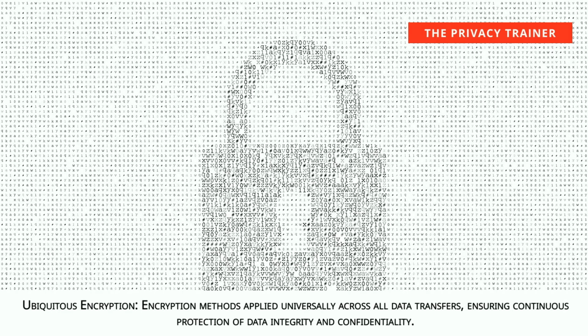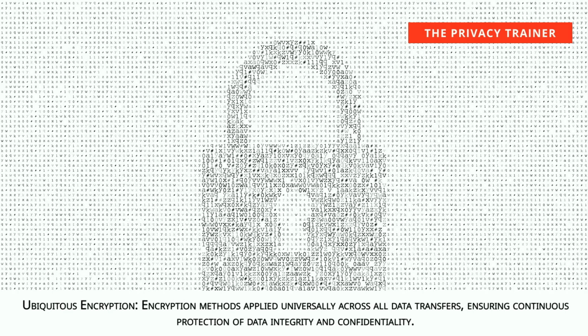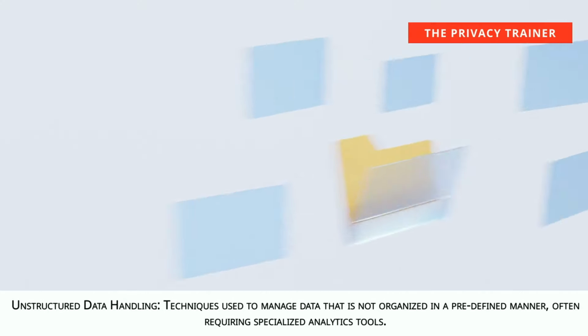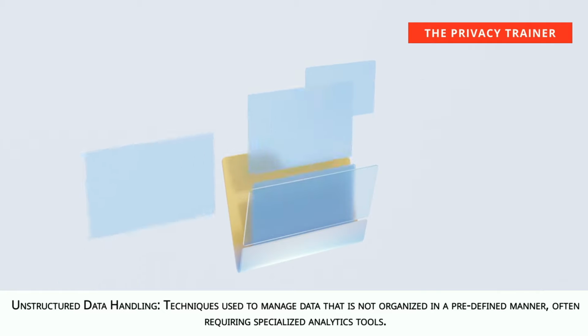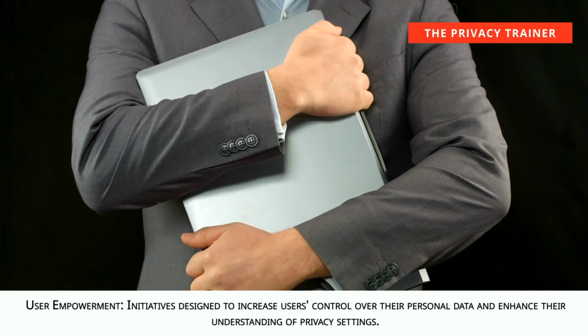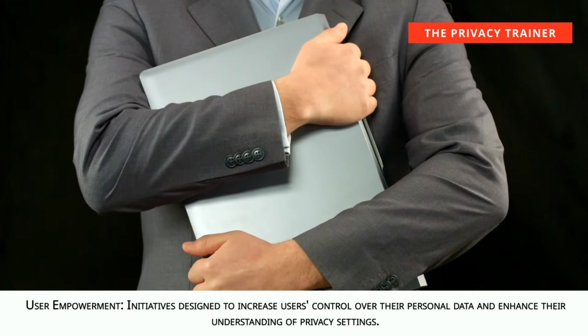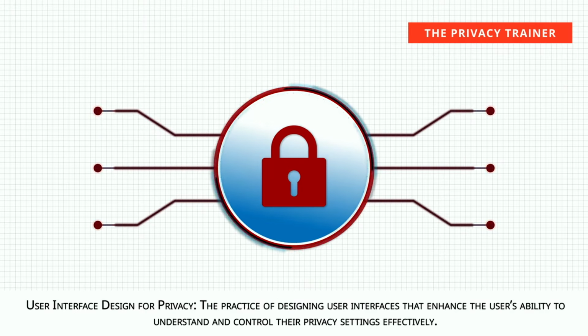Ubiquitous encryption, encryption methods applied universally across all data transfers, ensuring continuous protection of data integrity and confidentiality. Unstructured data handling, techniques used to manage data that is not organized in a predefined manner, often requiring specialized analytics tools. User empowerment, initiatives designed to increase users' control over their personal data and enhance their understanding of privacy settings. User interface design for privacy, the practice of designing user interfaces that enhance the user's ability to understand and control